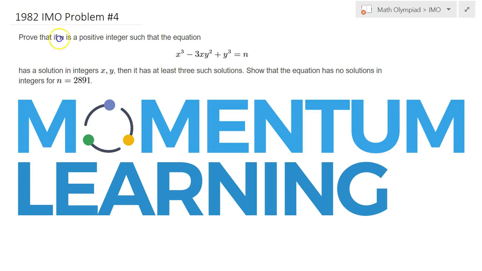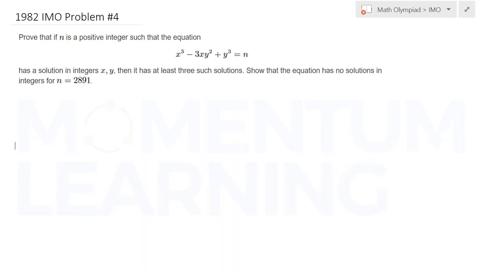This is 1982 IMO problem number 4, and here is a view of this problem. We would like to show that this equation, if it has a solution in integers x and y, then it should have at least two other solutions, also in integers. That's the first part, and for the second part we will show that when n is replaced by